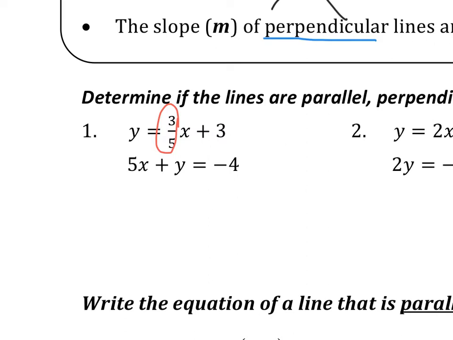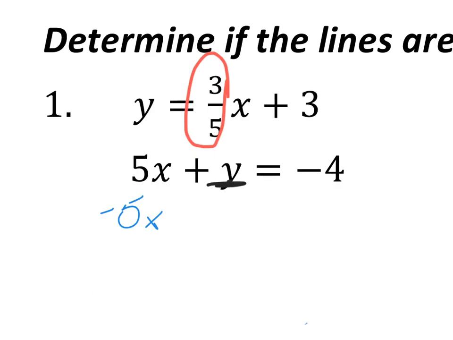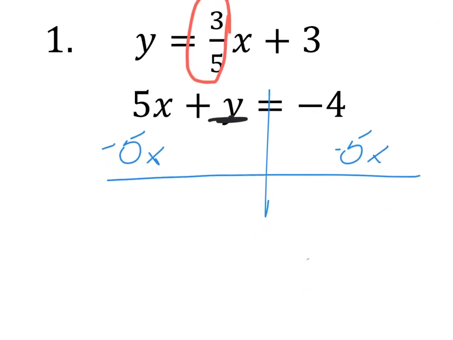Now your second equation, you can't really do that so much because you don't have y by itself. So we need to get y by itself somehow, which means we really need to get rid of this 5x. So the way we're going to do that would be to subtract 5x from each side. Okay, so we are subtracting 5x from each side. So what that will give us when we subtract 5x